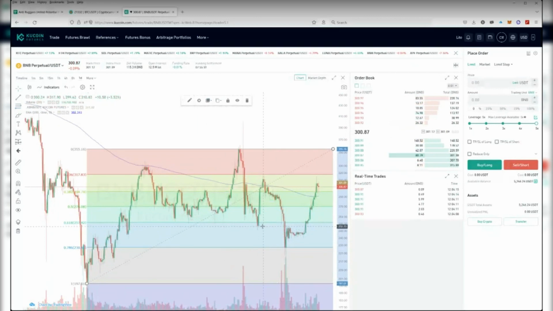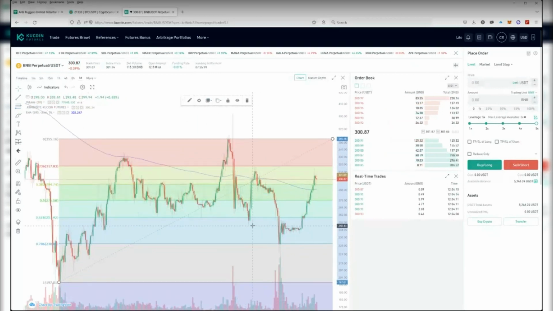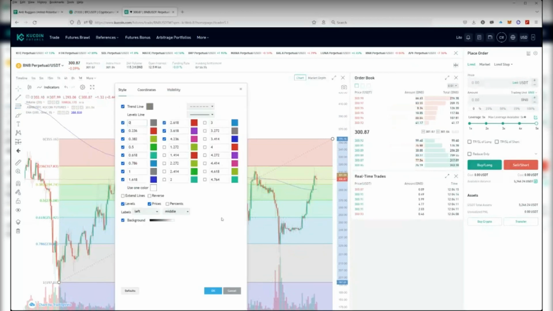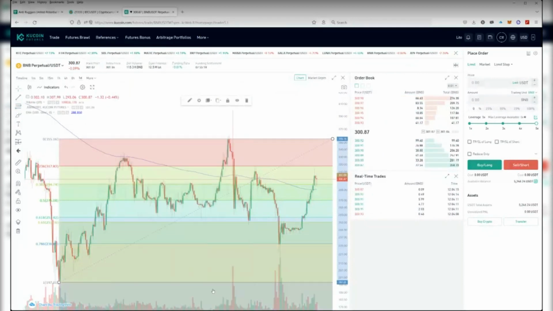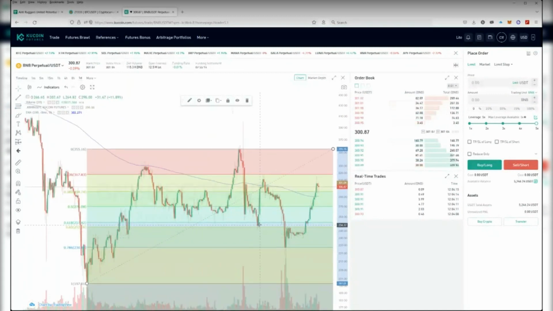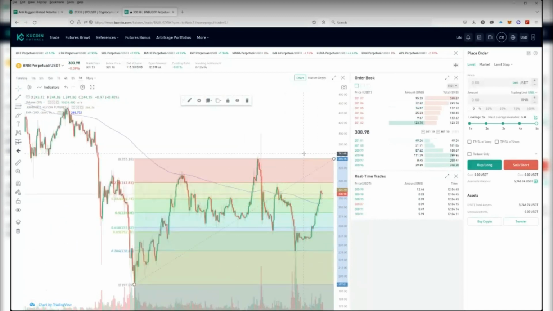See, this is like, I don't even look at this hindsight. I mean, we just figured this out right now. Remember how I said between the 0.61 and 0.65? So let me even add the 0.65. Okay, so this zone would be the one to buy. So it retraced to 0.65. Look at that, perfect right here, and then went back up. And the next zone is the 0.786. It bounced off of that too. That's basically how you use Fibonacci.